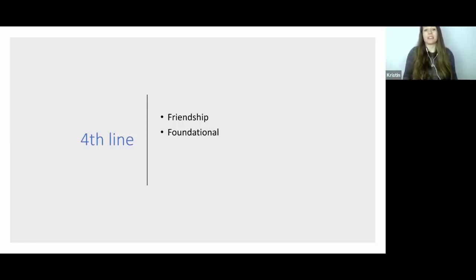They are foundational. They don't make changes easily, and they don't want to hop in and out like the third line profile. So you can imagine if a fourth line profile, like maybe a 4-6, is dating a 1-3 profile, and the third line profile is ready to bail, the fourth line profile is going to be like, oh my God, what happened? Like, no, stay. I need you to stay. I don't have another foundation to walk into.